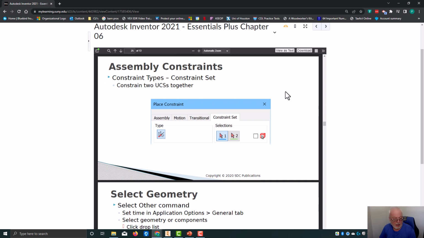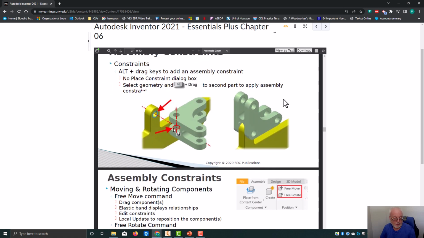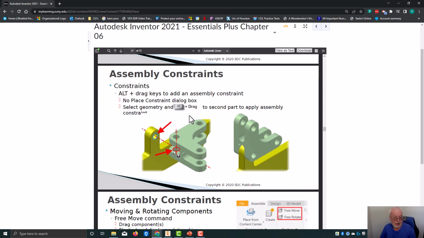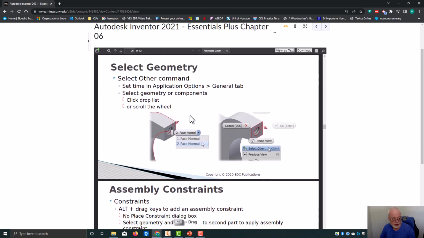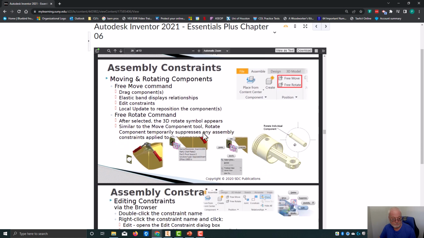Constraint sets, I don't use those, really don't know what it is. And then selecting our geometry, and this is an automatic constraint right here, and you push the Alt key and then you drag your item near to the location you want it to snap onto, and it should go there. That works for me about 80% of the time. 20% of the time it just flusters me. But anyways,